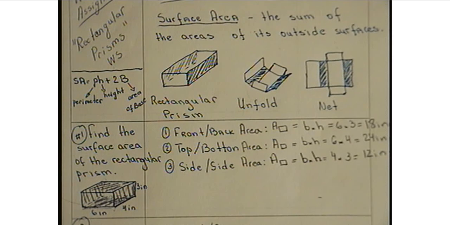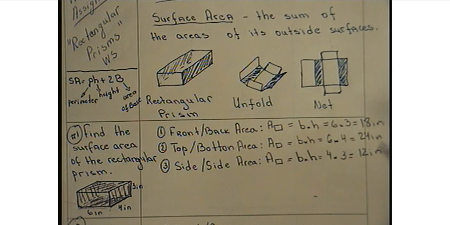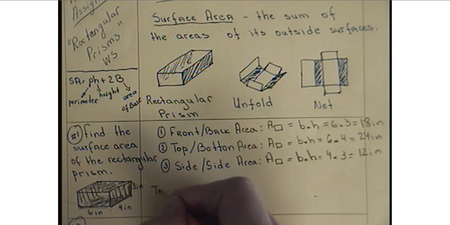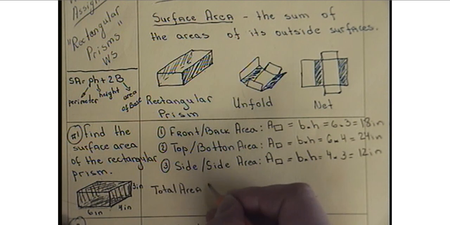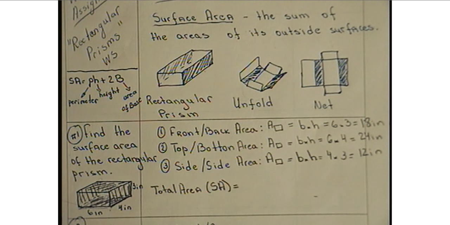So now, since we know all three areas, we have to add them. So the total, or what we call the surface area of this rectangular prism, will be equal to